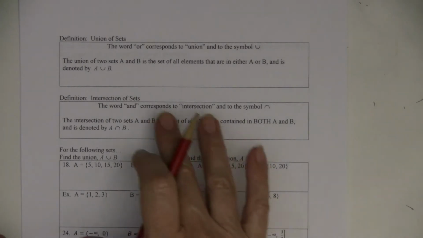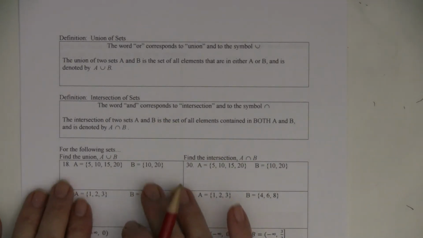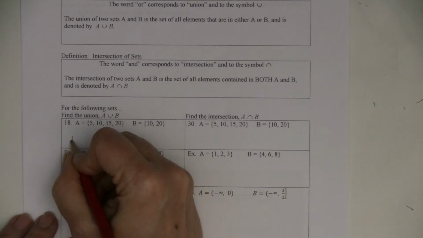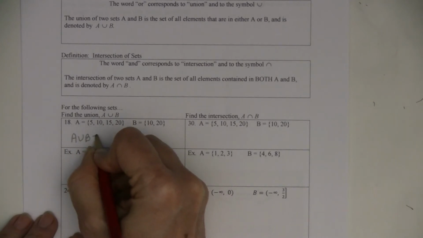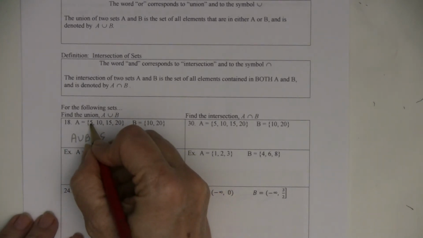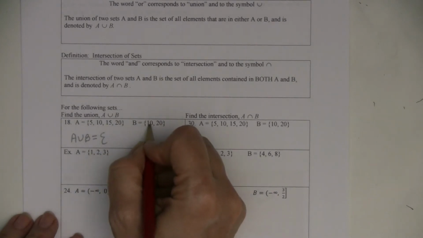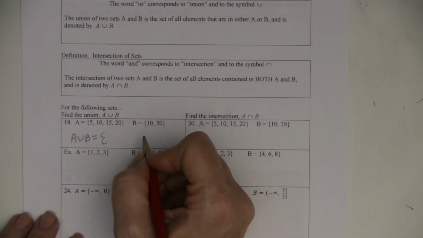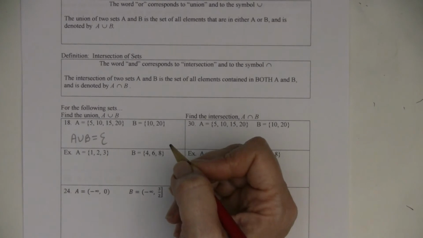And so we're going to do one, and then we'll come back to the intersection of sets. So here's a union one. Basically, when you have like number 18, what they're asking you is to put all of the elements together. A union B includes all elements that are in A and all elements that are in B. And you wouldn't write anything twice. So A union B would equal, A says it'll have a 5 in it and a 10, and B says, yeah, I agree on the 10, and a 15 and a 20, and B says, I agree on the 20,